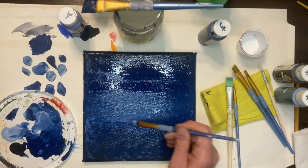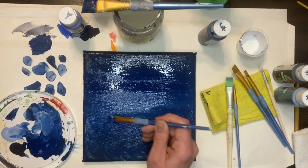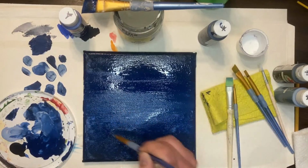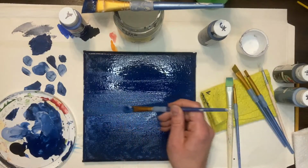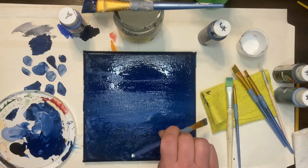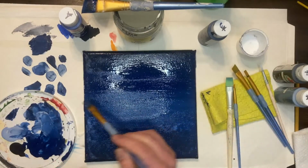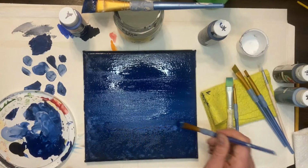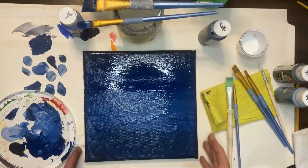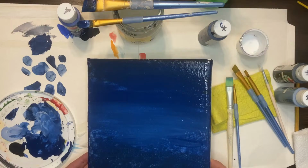It's a very subtle gradient here. We're trying to be subtle. And I'm just pulling over barely into where I think my trees are going to be. I'm imagining my trees around here. Okay, so I feel pretty good about that. Let me set this here for a second. I'm going to pick it up to see the reflection,